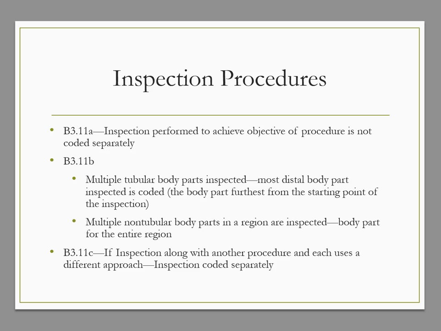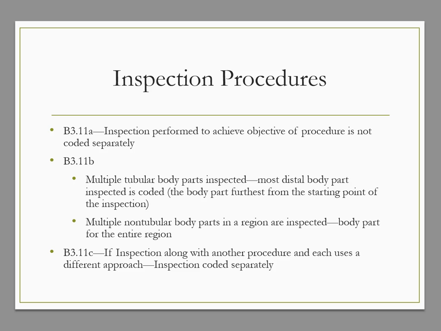Inspection of a body part performed in order to achieve the objective of the procedure is not coded separately. So for example, let's say that the doctor does a fiber optic bronchoscopy in order to irrigate the bronchus. We're only going to code the irrigation of the bronchus. The bronchoscopy is then identified by the approach character. Guideline